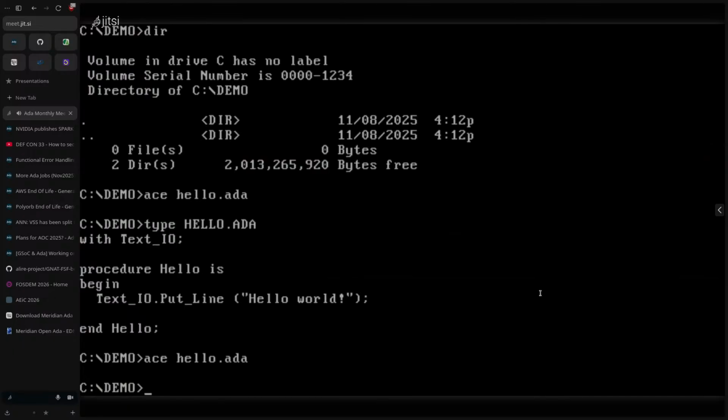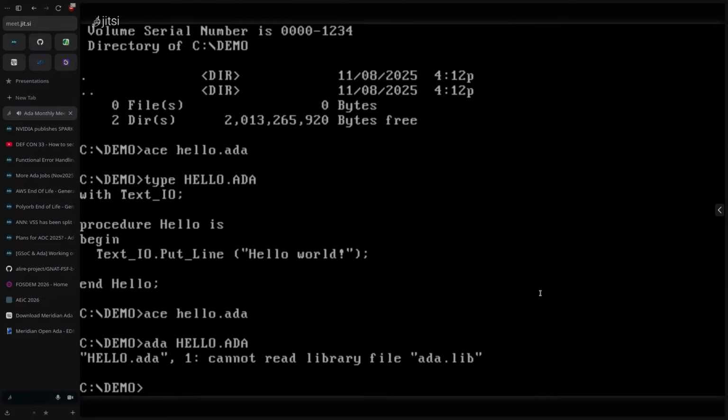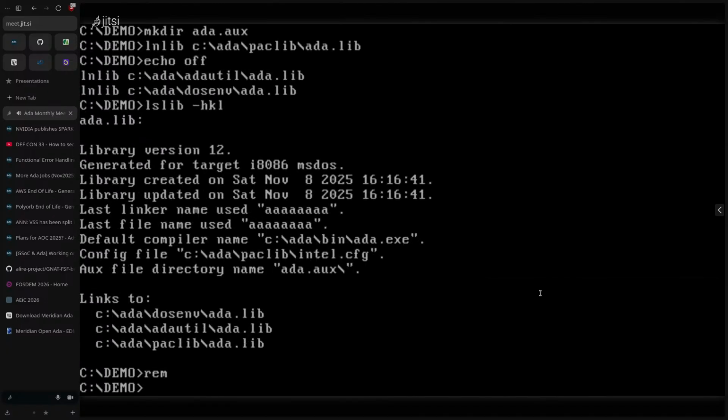Let's try to compile this. And the name of the compiler is Ada. So you write like that. Oh no, there is one step further. Whenever you create a new project like this, you just need to do this once. You need to execute this new lib command. So you execute it, and then this will set up what the compiler needs to be able to compile your code.